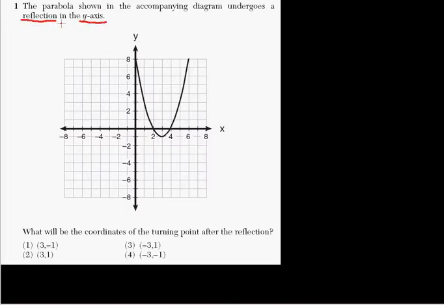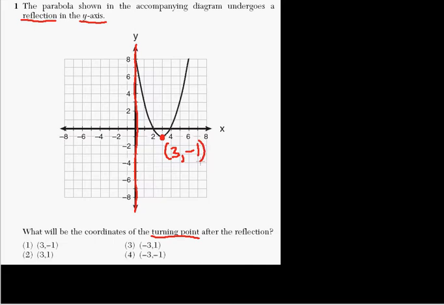Okay, so reflection means we're going to treat the y-axis as if it were a mirror. Right, so that's what's going on. We're going to reflect this parabola here about the y-axis. And it asks, what will the coordinates of the turning point be after the reflection? Turning point, usually this is referred to as the vertex, but it's that point right there, and that is coordinates 1, 2, 3, -1. So that's 3,